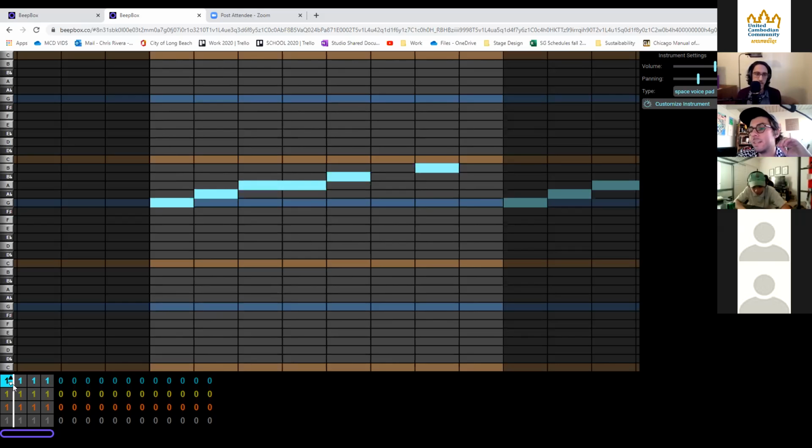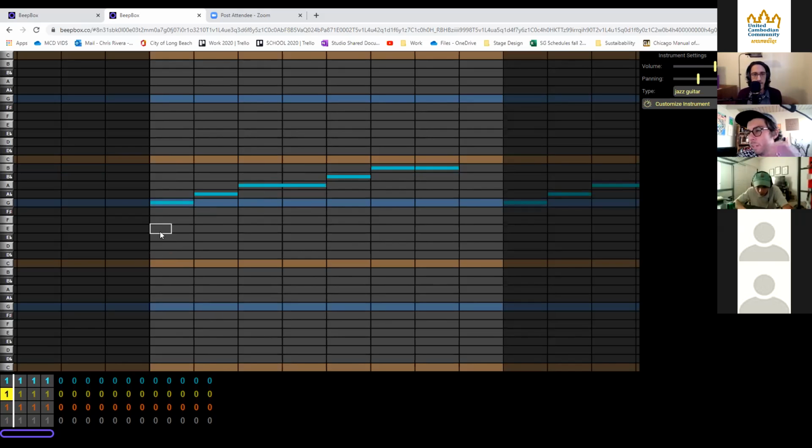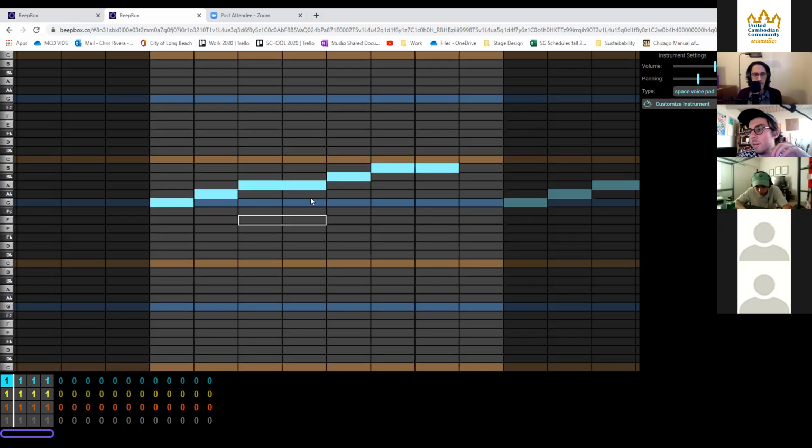And then down here is like your container for all of your patterns. So this is one pattern right here. If you see this square is highlighted, that's the pattern that I'm adjusting. So if you see it, I'm clicking this other square. Now, these notes are the notes I just put down, and they're more transparent. It's letting you know that that's another instrument. So each row is an instrument. But I'm gonna stick to row one.